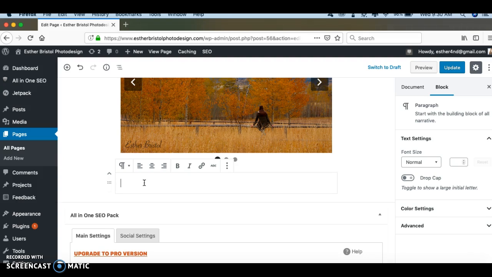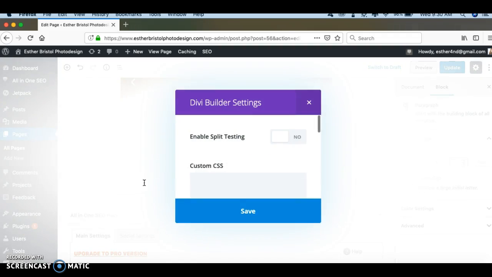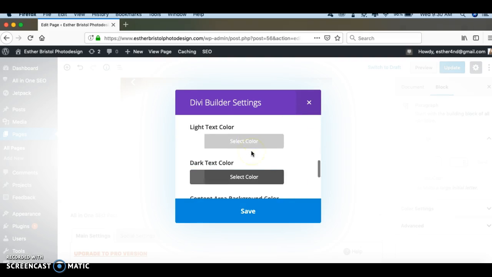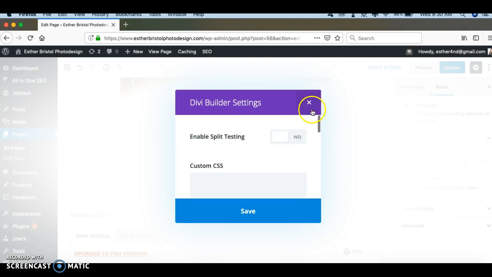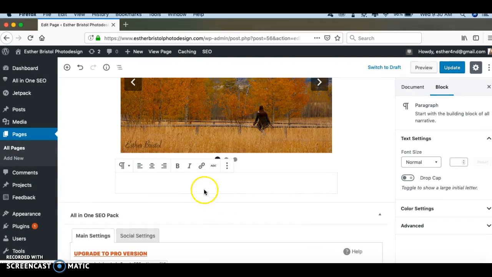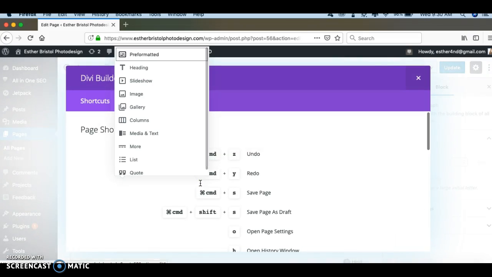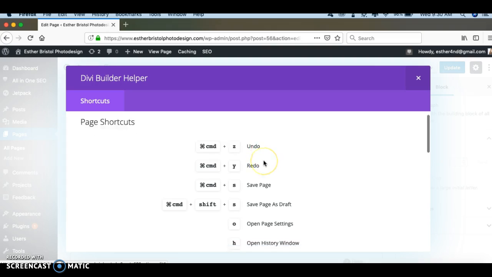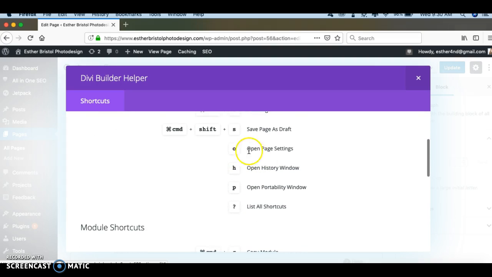When I start to type anything, I get these weird pop-ups, especially with O and H and a couple of things, and I wasn't sure what this was for a little bit. I've seen this before, obviously, but I couldn't remember what this was for. And then if I do a slash, I get a list of all the shortcuts, and apparently O opens the page settings, H opens window history,